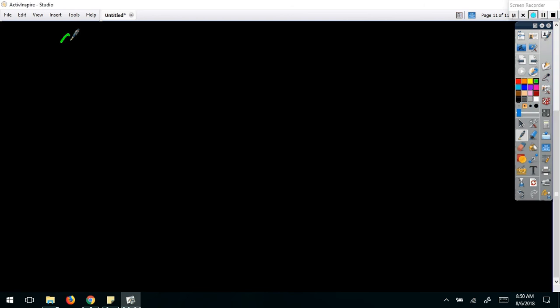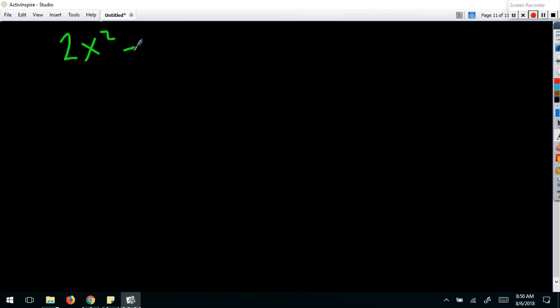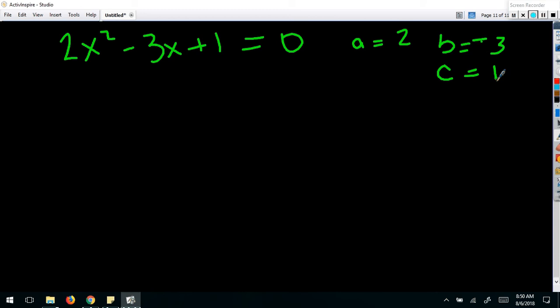Let's say I have 2x squared minus 3x plus 1 equals 0. So it equals 0, I'm good to go. My a here is 2, b is negative 3, and c is 1. So I want to do, remembering that formula, opposite b, so it's going to be positive 3, plus or minus the square root of